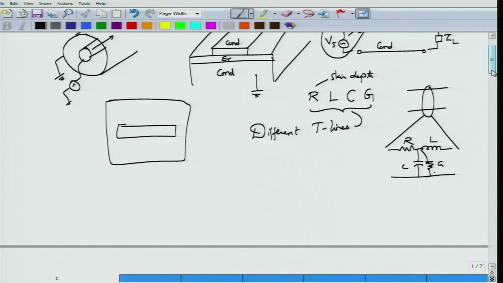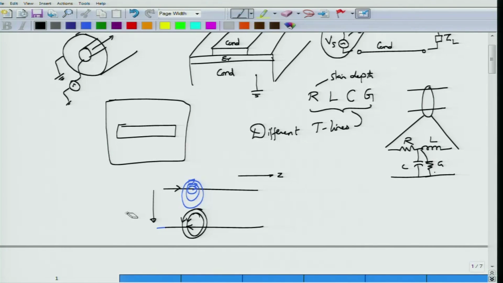Although we have said that these are energy transmitting devices, what really happens, if you go to electromagnetic field theory, is that the moment you have some current launched, there will be magnetic fields surrounding it. So the magnetic fields are surrounding like this, right? Don't worry about what direction the magnetic fields are, you can find that out by the right hand rule. Similarly, for the return current, there would again be magnetic fields. If you call this the z axis, the length of the transmission line, and let's say vertical down is the x axis, okay, what you